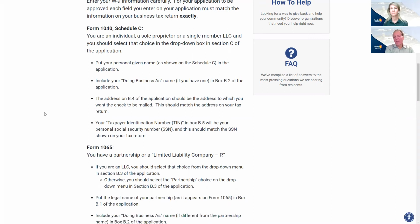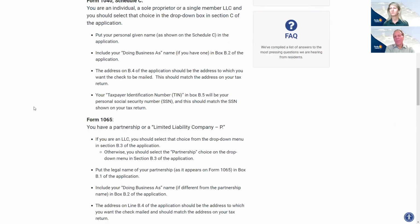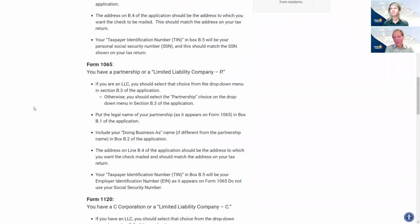So that'll be you or your spouse, depending on who's actually on that Schedule C form. Whichever Social Security number appears there must appear in this W-9 section. So that'll help you. Now, if you're a partnership filing a Form 1065, you will need to fill out, you'll